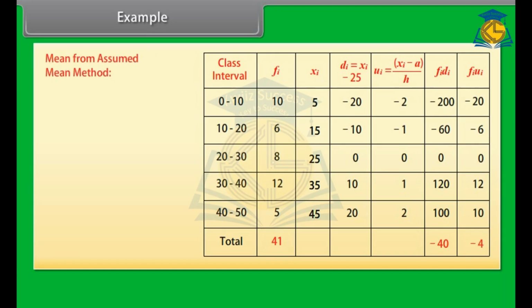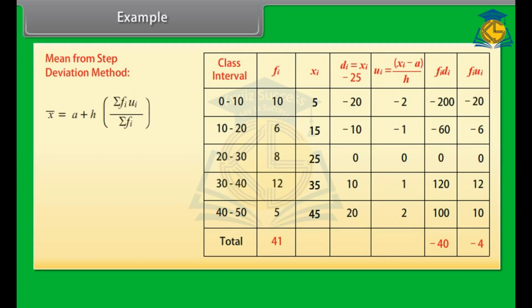And then we find the mean using assumed mean method by using the formula assumed mean plus summation of the product of fi and di divided by summation of fi. 25 plus minus 40 by 41. 25 minus 0.98. 24.02. After this, we find the mean using step deviation method by using the formula assumed mean